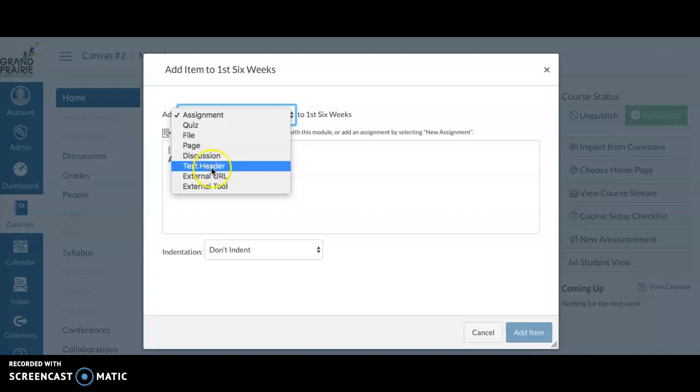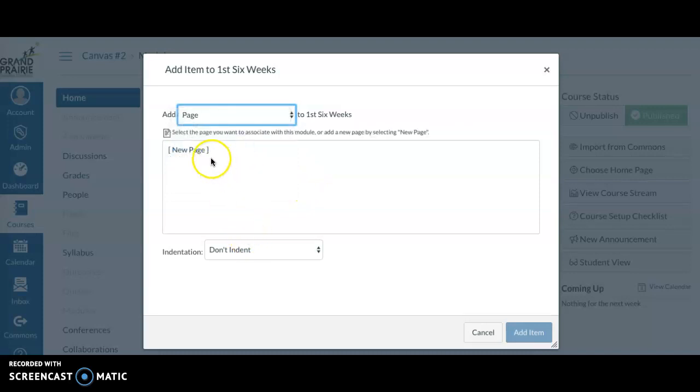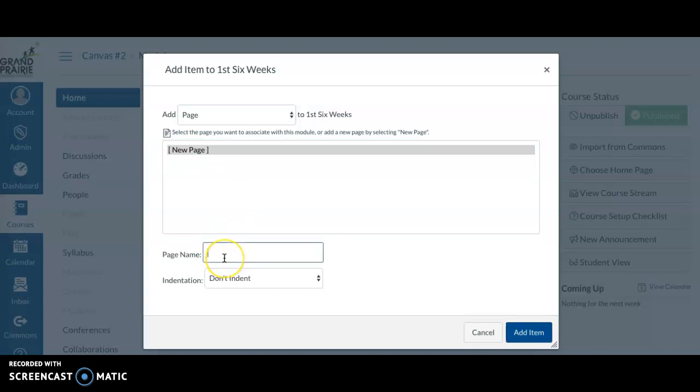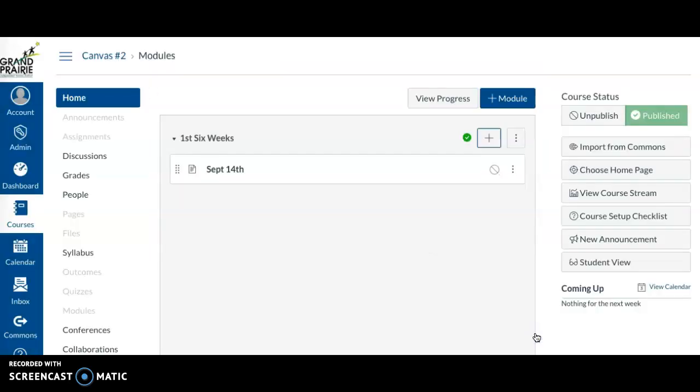You can include a discussion, a text header, an external URL, website, or an external tool of some sort. So I would start with just the pages. So I'm going to insert a page and call this new page, and I'm going to date this September 14th